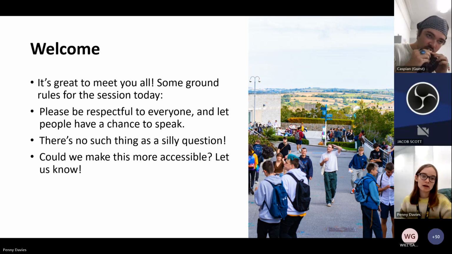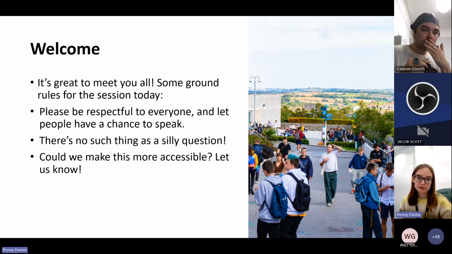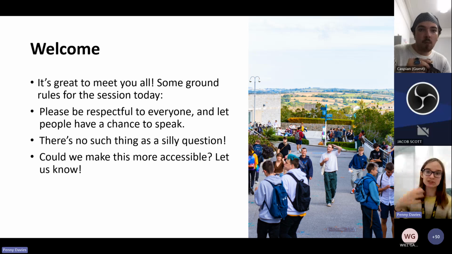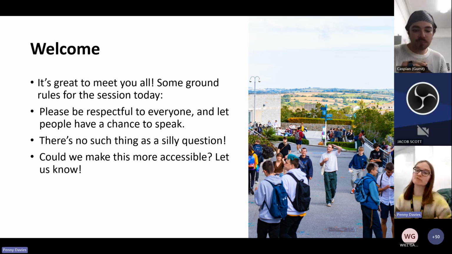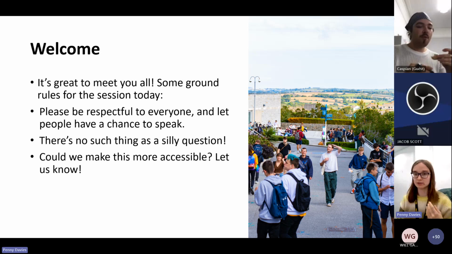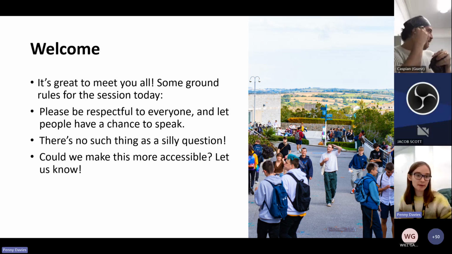Cool. This is a little bit of a weird group before I go on to the next slide, because obviously you're a mix of students who have been a rep before and are in second and third year, students who have just joined the university and are in first year and have never been reps before, and students who are in second and third year but have just taken up the role for the first time. So yes, we'll get to that in a bit.